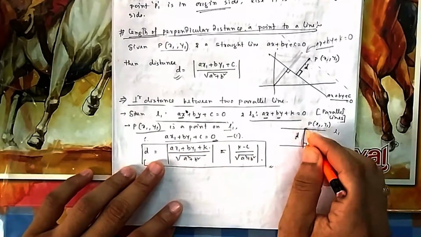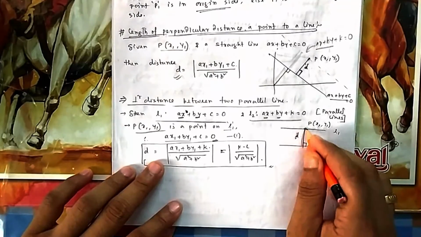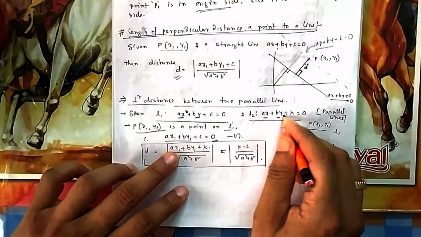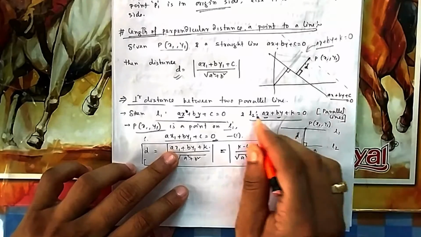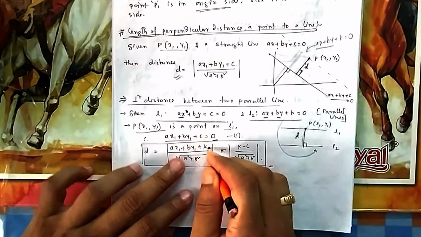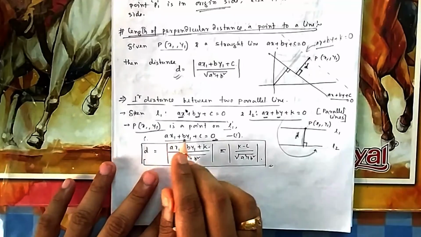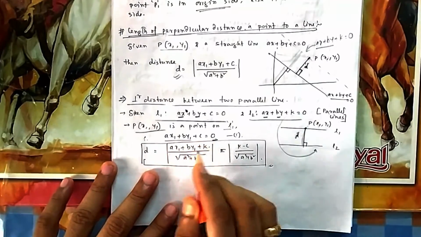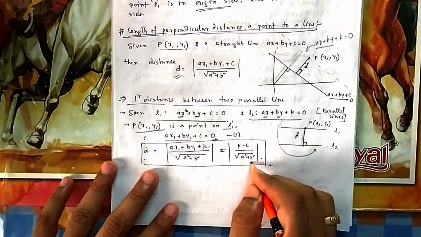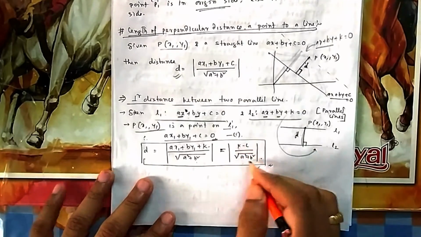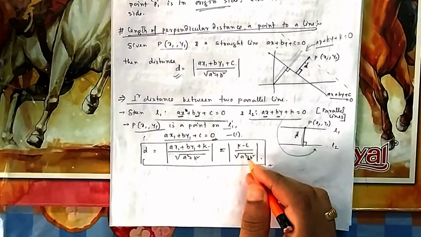Now what is the distance from a point to a line? Just now we have learned. We put that point in this equation. So what is the equation of this line? This is the second line. If I put it there, I get ax1 plus by1 plus k divided by under root a square plus b square. Now you can find the value of ax1 plus by1. What is this? This is minus c. So you can put it there, that is k minus c by this. So this becomes the formula to find the distance between two parallel lines.